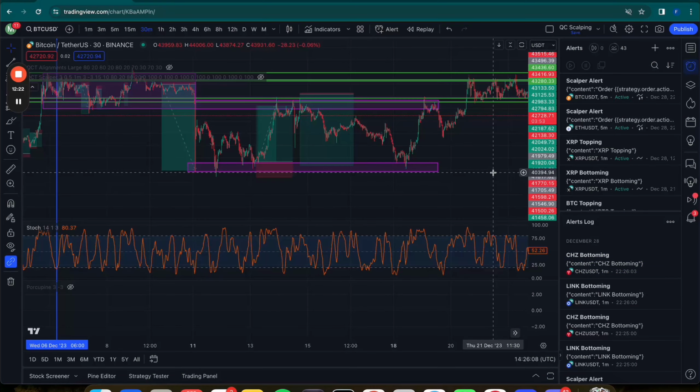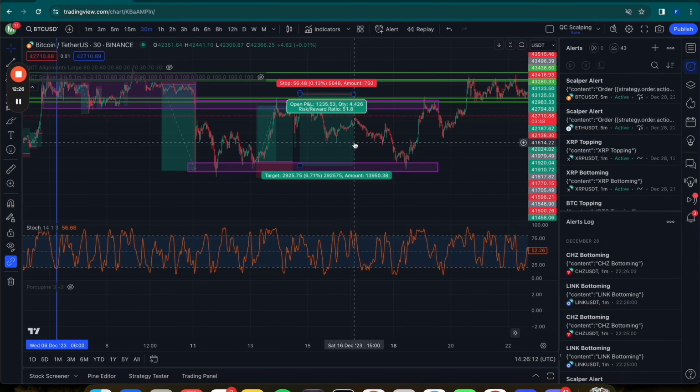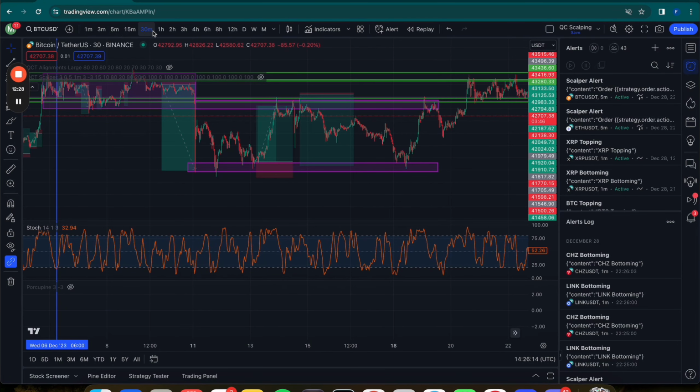Now we keep observing the market, and what we see is the stochastics went from bottom all the way up on the lower time frames. On the higher time frames they're still going down. So now we're primed for a big move across all time frames, right? So at this point, the lower time frames are topped out, but the higher time frames are topped out as well, going down, meaning that the move on the lower time frames is expected to be much larger. And that's the beauty of the strategy.